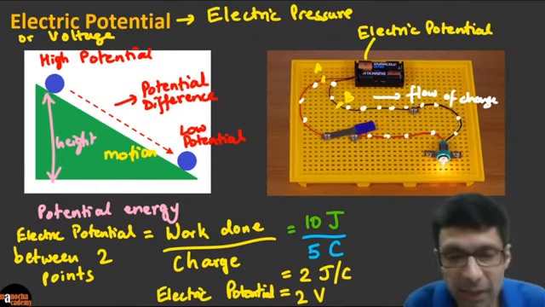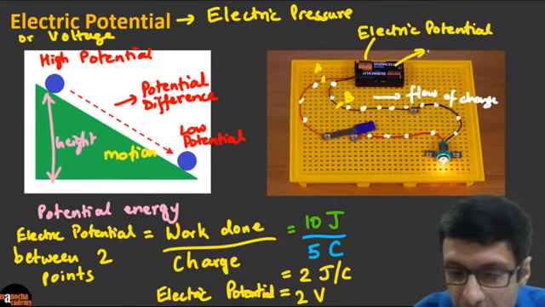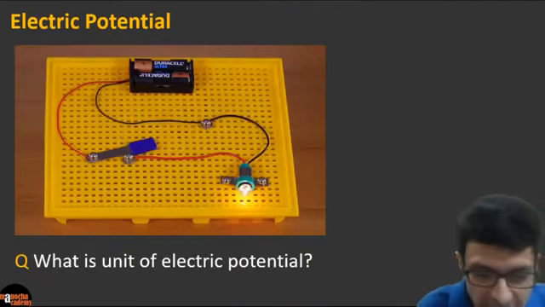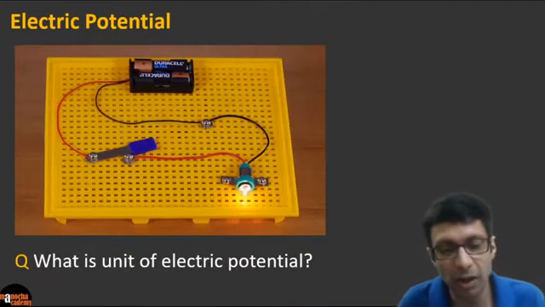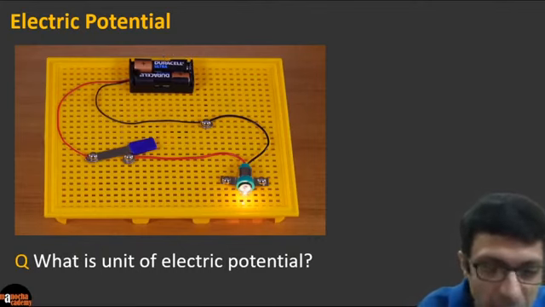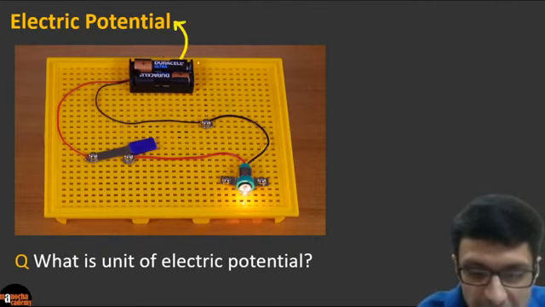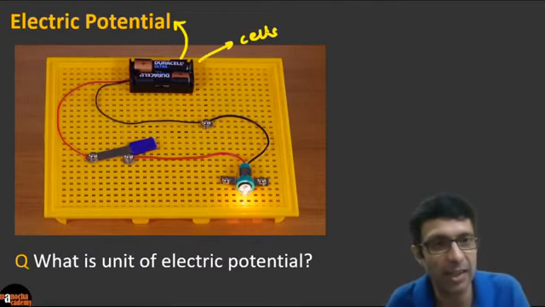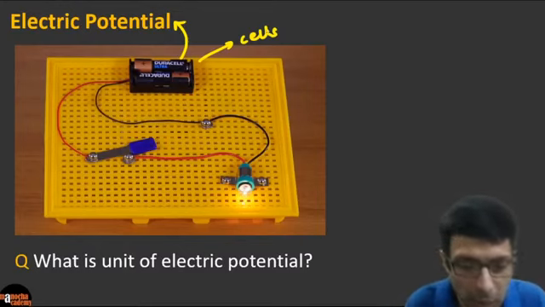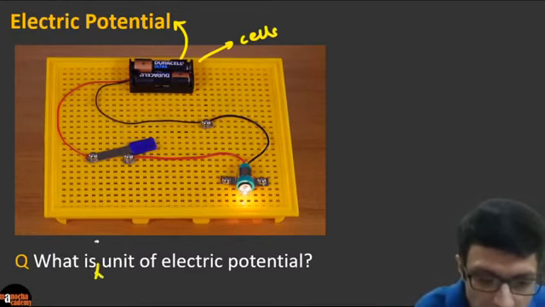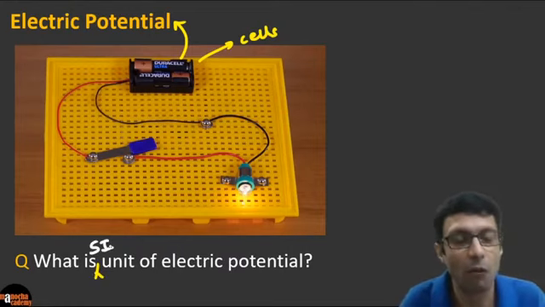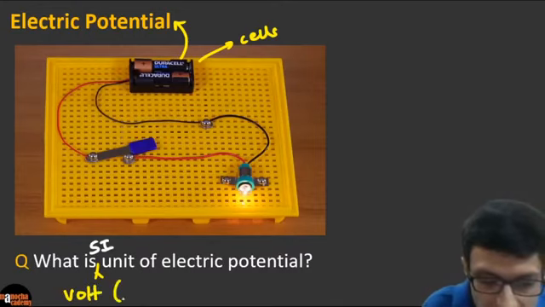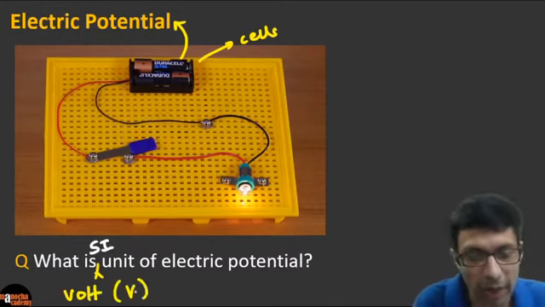And who's doing the work, guys? The work is done by the cells here. They are doing the work. Is that clear? So that is the important thing here, that electric potential is the work done by these cells. So who's doing the work? These cells. Very important for you to remember. And as we said, what is the unit of electric potential? We just discussed, guys. Can you tell me what is the SI unit? Unit means obviously we are talking about the SI unit here. What is the SI unit of electric potential? Volt. Very good. So the SI unit is going to be volt, and the symbol is basically capital V. Guys, please remember that.